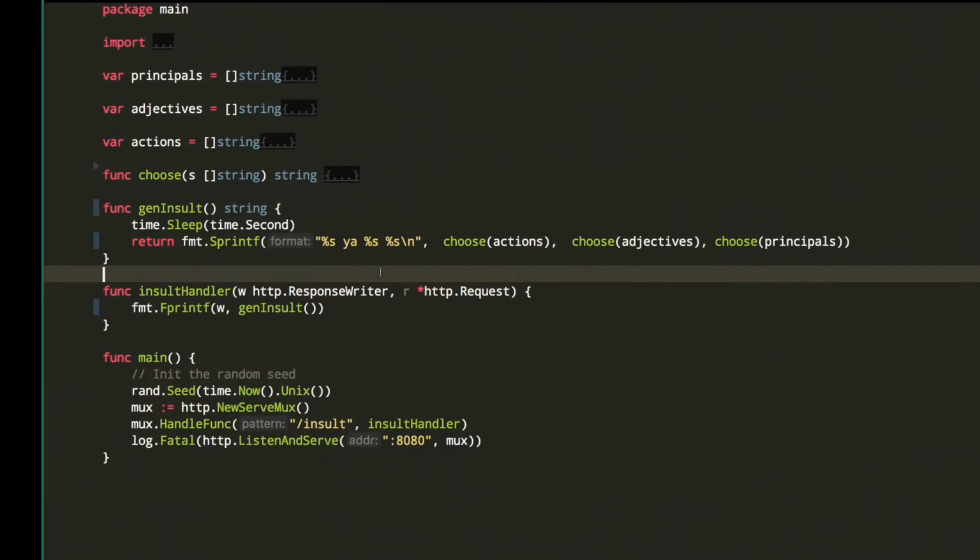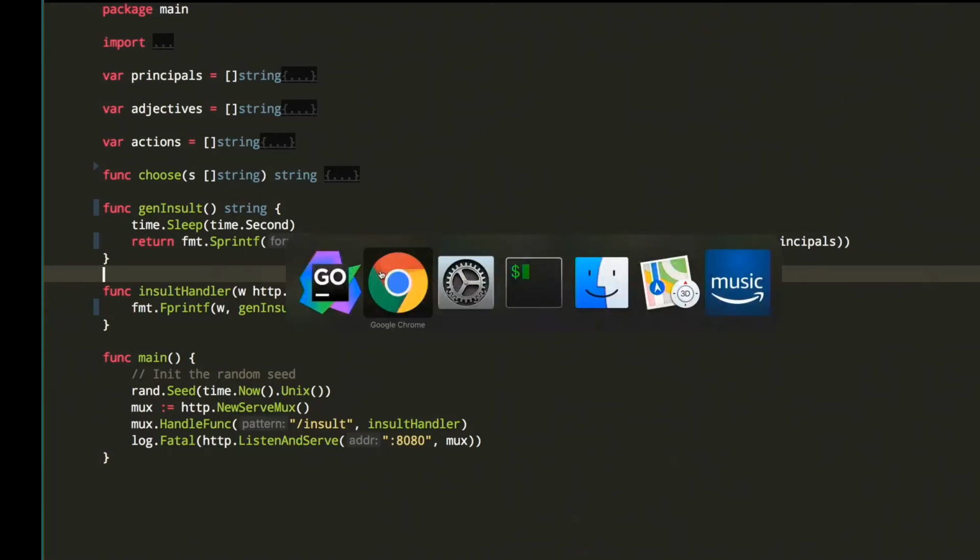all that it does is it initializes the random seed for no reason anymore. I think previously geninsult waited a random time. So we do something useless, and then we register the insult handler on the /insult endpoint. And we should be able to build this. Ideally, we should be able to build this as a Docker image, which is what I really want to show you. So if I do cat file,